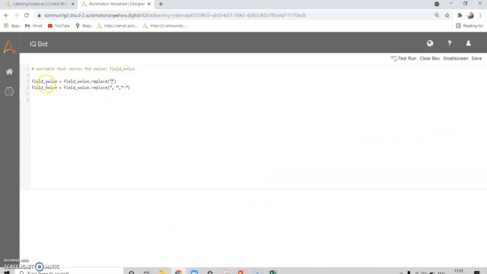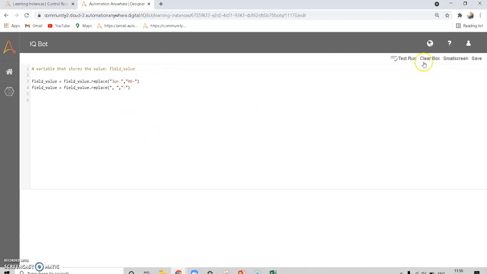Full screen. Field value equal to field value dot replace JUN space as 06 hyphen, and then I'm going to replace this also, comma space as hyphen.